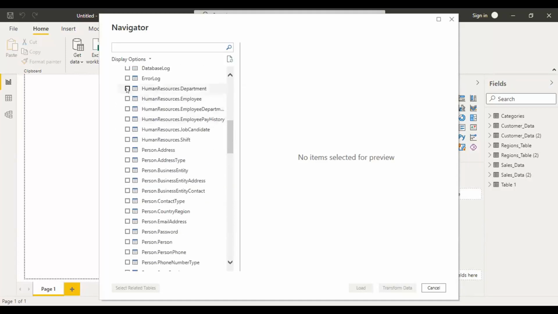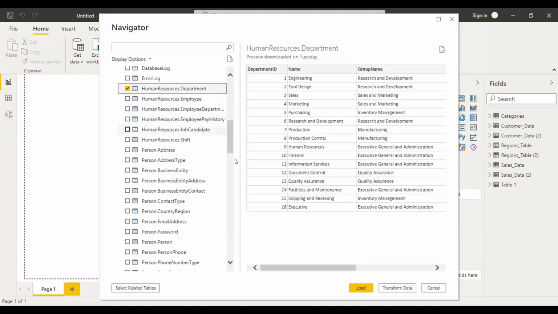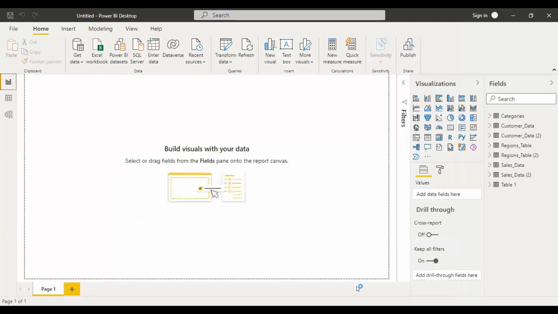So first I want to try selecting only the human resources department to see what data it has. It has department ID, name, and group name as columns. Click load to import the data onto the Power BI desktop.